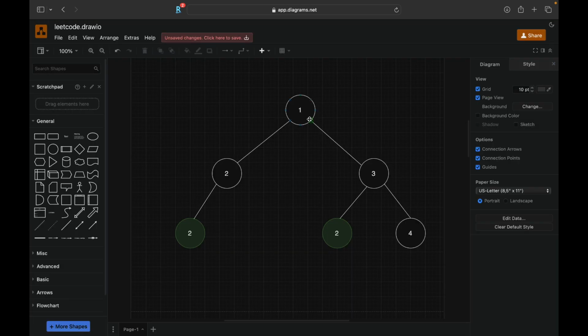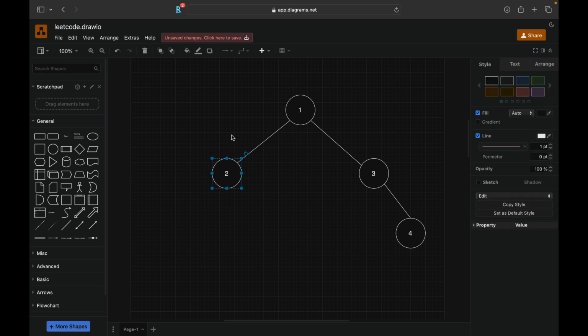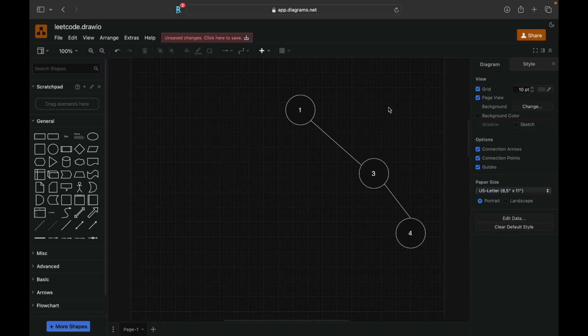Let's see an example here. There is a tree with the target value of 2. Here we can see both the leaf nodes with target value 2 need to be removed. We'll remove this and we'll remove this. After this, this will be our resulting tree. Here this node will be our new leaf node with the target value 2, so we have to remove this node 2, and the resulting tree will be this one. Now